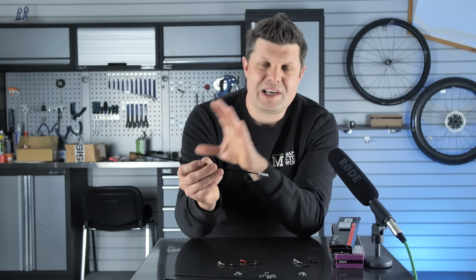Well, a red flag for me is if I just see Sapim CX-Ray spokes blanketed across everything. It shows very little imagination from the wheel builder. They've just gone for those big headline features. It's not always the best spoke for the purpose. Sometimes it is, but not always. I think it's definitely overused. So seeing the wheel builder talk about what spokes are used in what application is normally a big thumbs up for me, because it shows that someone's really put some thought into the process and knows the characteristics of the spokes and how to make the wheelset handle like they intended it to, rather than just picking named brands